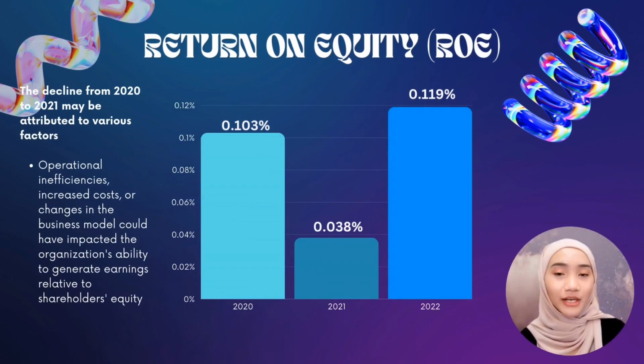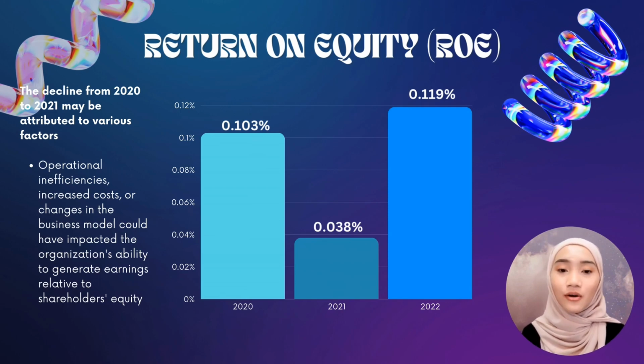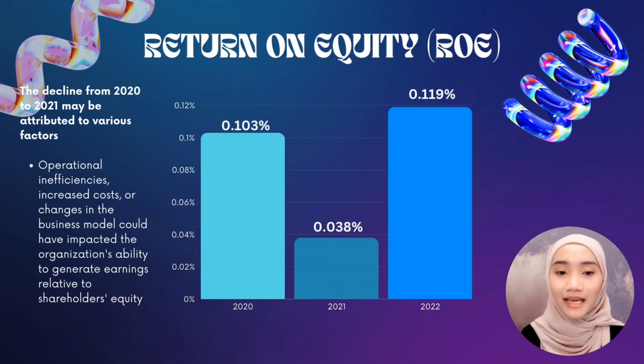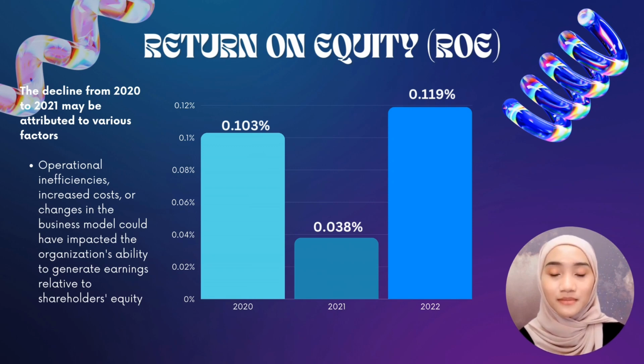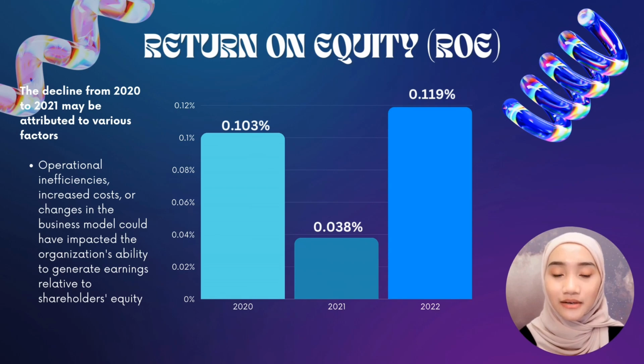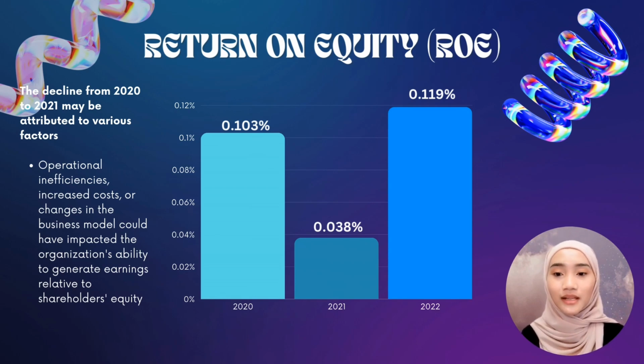For the graph of return on equity (ROE), in 2020, the ROE percentage stood at 0.103%, indicating a relatively robust return on shareholder equity. However, a considerable decline is evident in 2021, with the ROE dropping to 0.038%. This substantial decrease prompts a closer examination of factors influencing the organization's profitability and its capacity to generate return for shareholders during this period. Internally, the decline in ROE from 2020 to 2021 may be attributed to various factors. Operational inefficiency, increased costs, or changes in the business model could have impacted the organization's ability to generate earnings relative